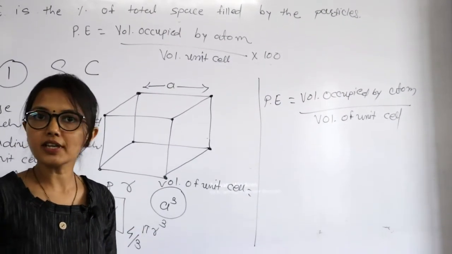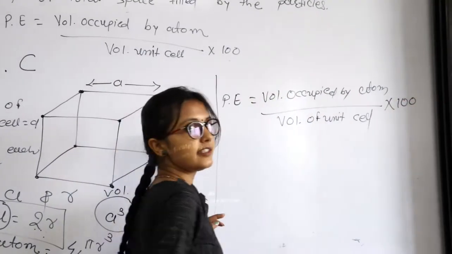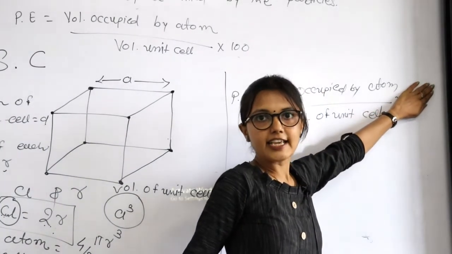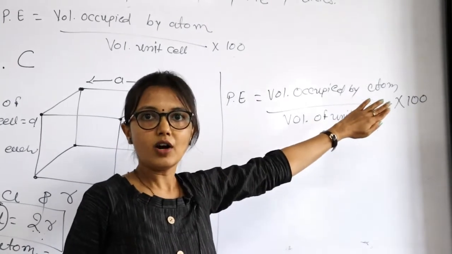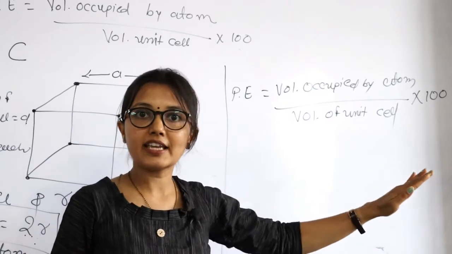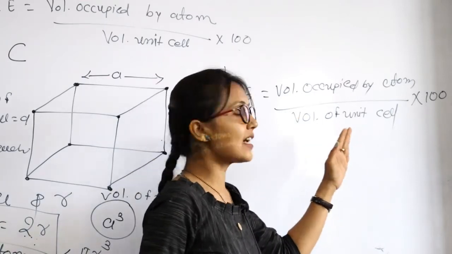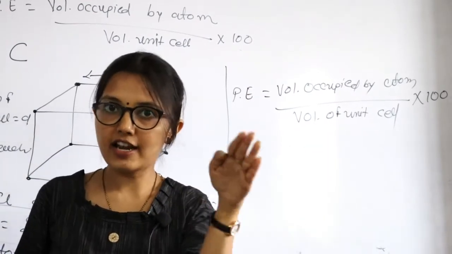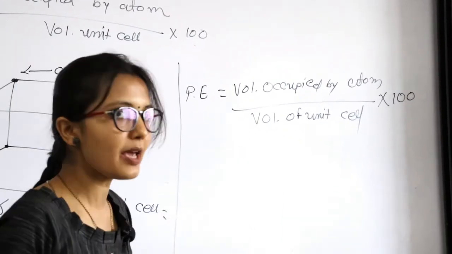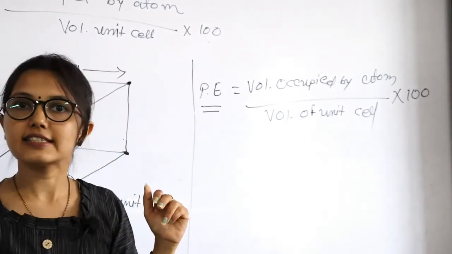Okay, and how to calculate percentage? When here we multiply by 100. Clear? And when multiplying by 100 is not present or not used, then this one indicates packing fraction. Packing fraction means absence of percentage. When the word percentage is present, that's why here we multiply by 100, and that's why this one is denoted packing efficiency.